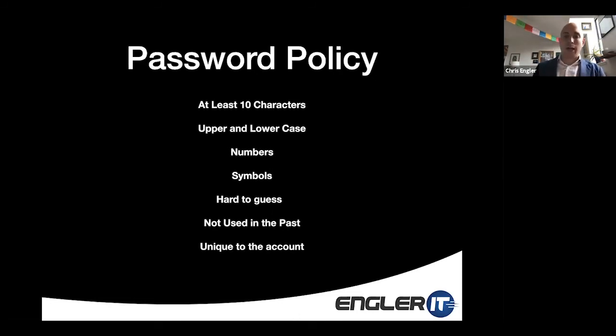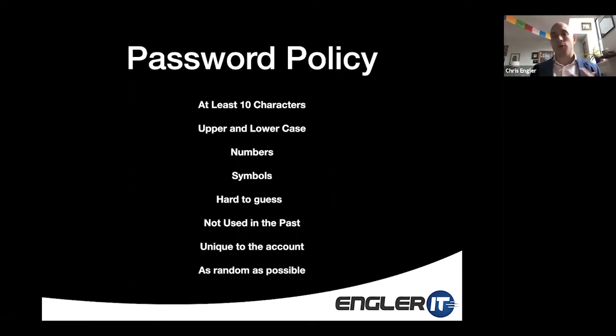from account to account. And the reason we want it to be different from account to account is because when these passwords get breached, if you have one password, like most people do, that protects most of their accounts, then what will happen is once that single password gets breached, all those accounts become compromised. And so you don't want to use the same password. You don't even want to use similar passwords from account to account. You want them to be as random as possible.